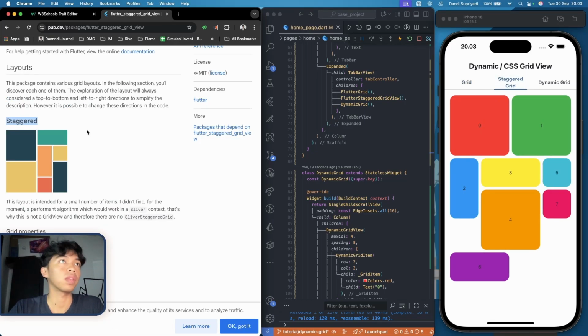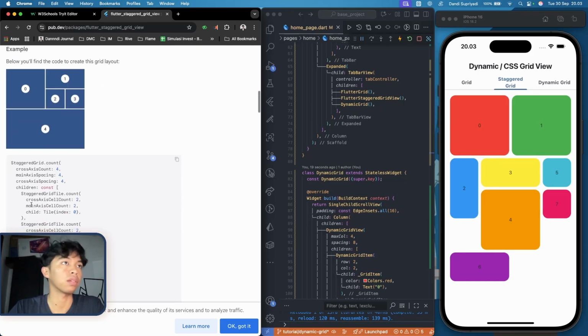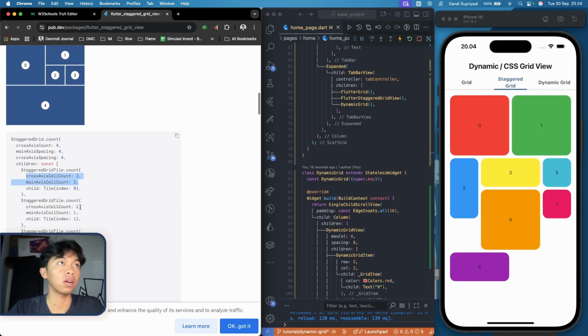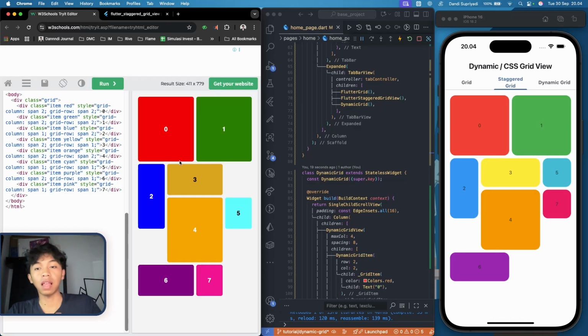If you notice, this staggered grid can set each child's cell count, cross and main, so it can have different sizing on its children, but it has a slight difference. If you notice here, items number 0, 1, 2, 3, and 4 have the same placement, but item number 5 in CSS is placed after item number 4, but in staggered grid, it is placed after item number